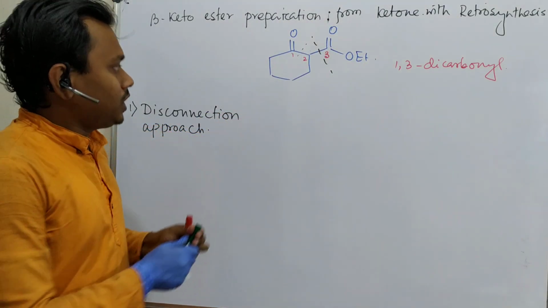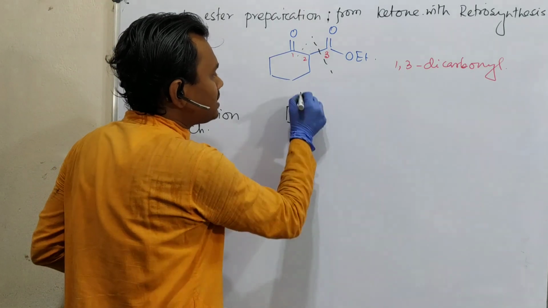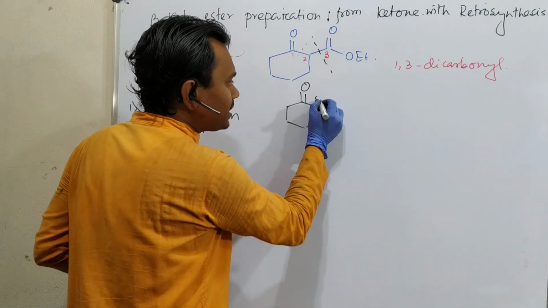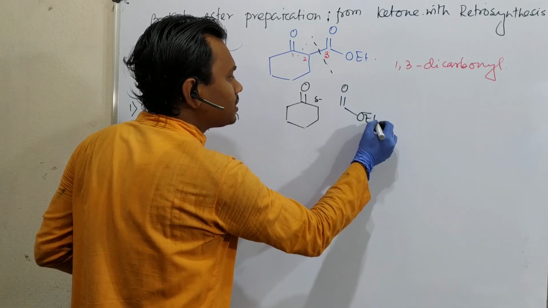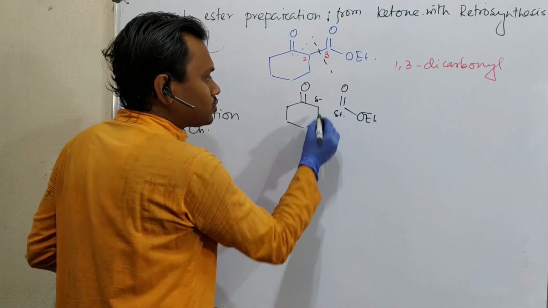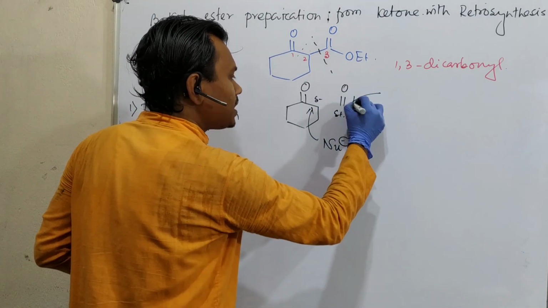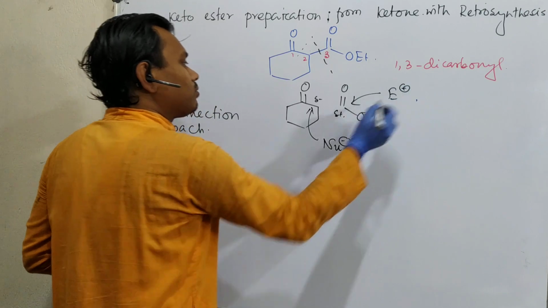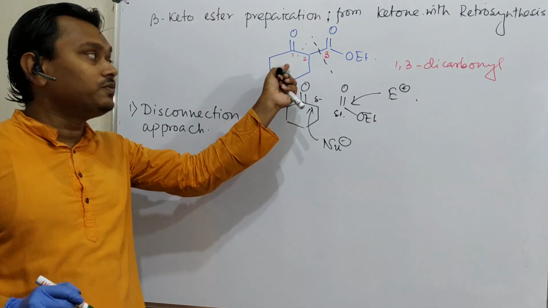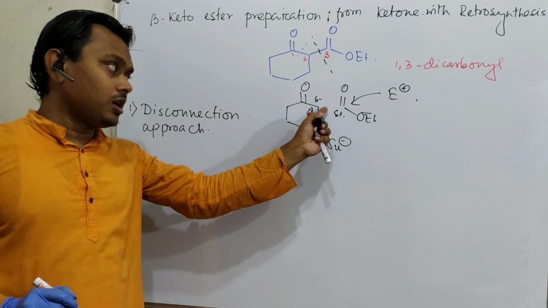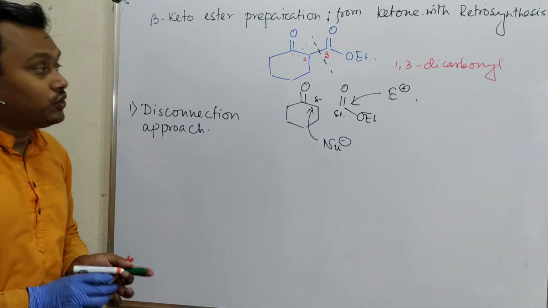So if we think in this way, that this is the carbonyl, so this is the negative, means delta minus, and this is OEt. So this is the delta plus. So this is the nucleophile and this is the electrophile. This is the disconnection approach we have done. This is easier, what I told, because ring formation is difficult, compared to this, an already preformed ring we are taking, so this is not a difficult thing. Now corresponding equivalent synthons,